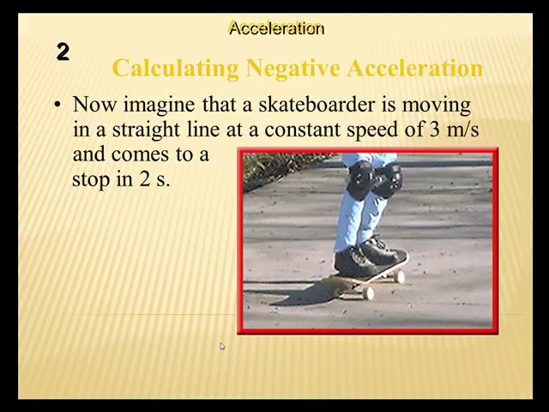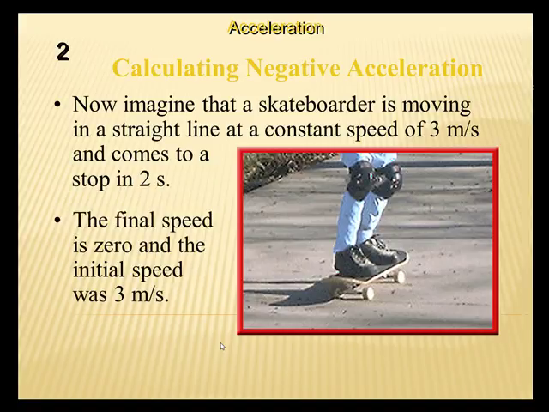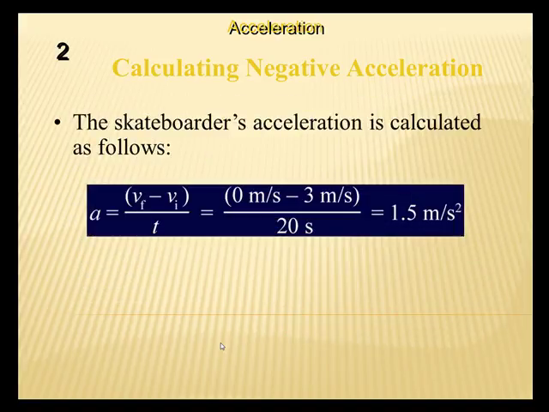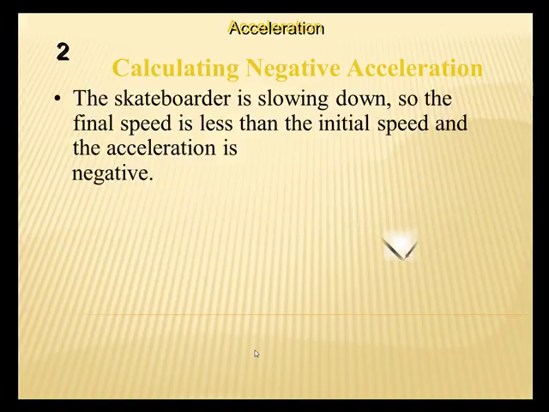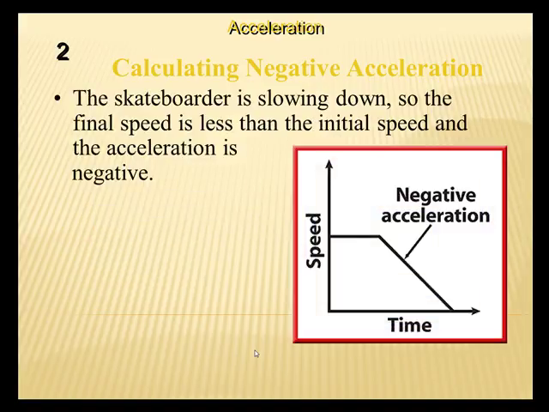But if we're talking about somebody slowing down, so they were going 3 meters per second and stopped, so their final velocity was 0 because they stopped, and their initial velocity was 3 meters per second. Divided by 20 seconds, that would end up being negative acceleration, and a negative acceleration